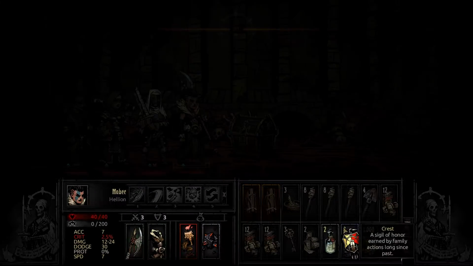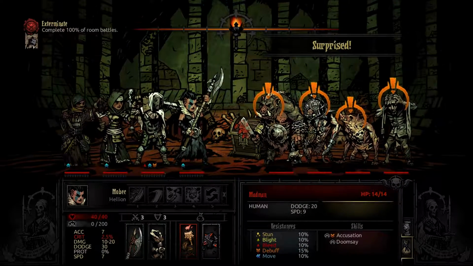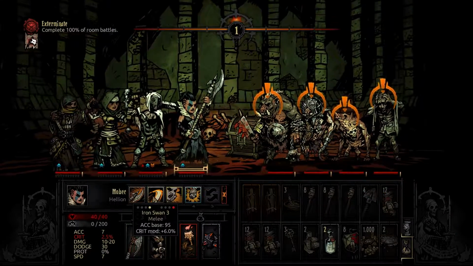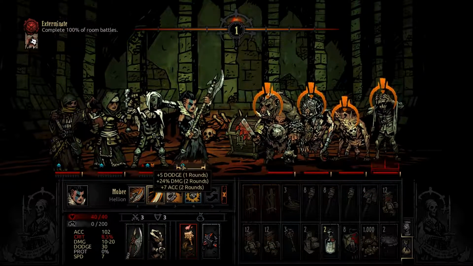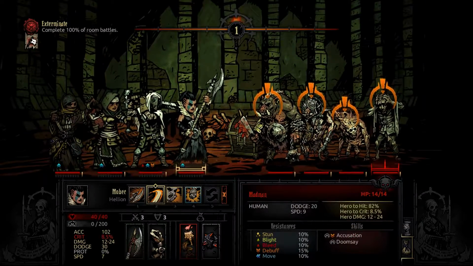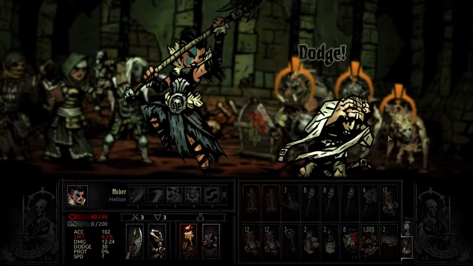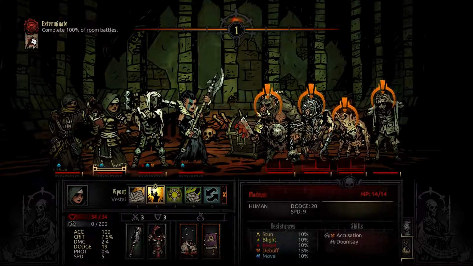Hopefully we don't get surprised so that they can open up with an Iron Swan on that Madman, and if we get a little bit lucky, get the kill. And thanks to the accuracy bonus from her Adrenaline Rush, we actually do have a relatively decent chance of hitting this guy because he has such high dodge. Well, that was a possibility. So I suppose now what we should do...